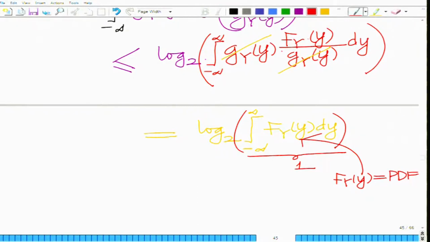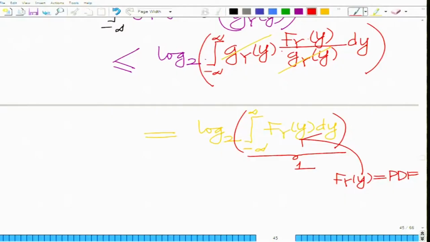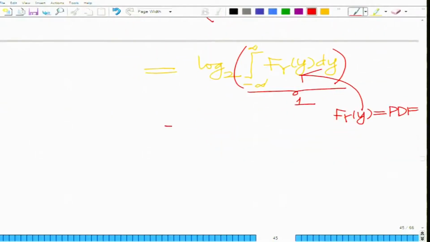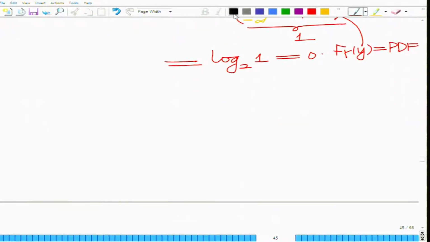Therefore, this is equal to 1, the total area under the probability density function. And therefore this is equal to log to the base 2 of 1, which is equal to 0, and naturally therefore we have the very important and